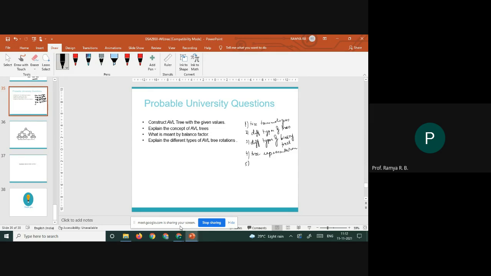Another question which you can expect is related to binary search tree. That is all the operations that you can perform on binary search tree, the program or the implementation of binary search tree. Another question you can expect is traversals. Given a tree, you will have to write the traversal orders. Another question is given traversal order, you will have to reconstruct the tree. Another question is Huffman coding.